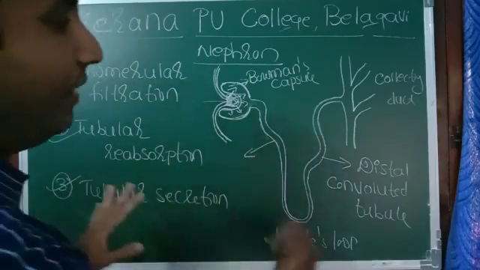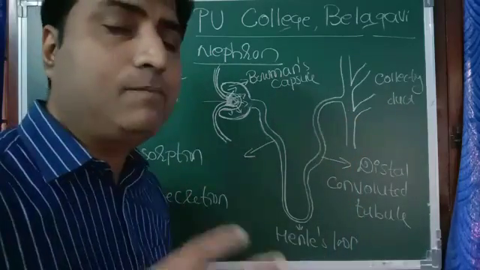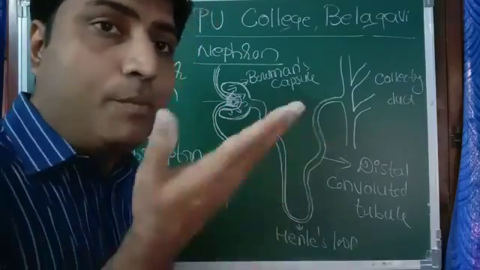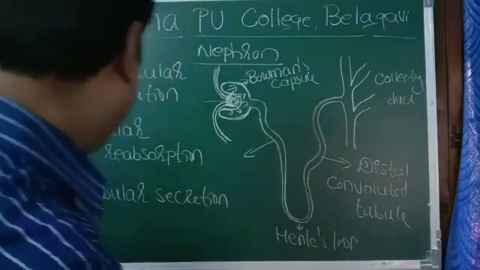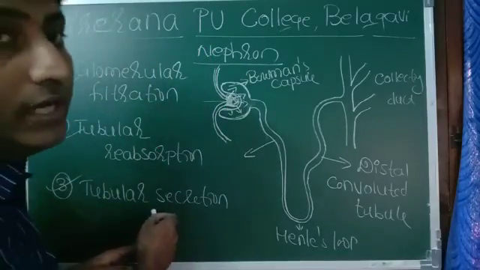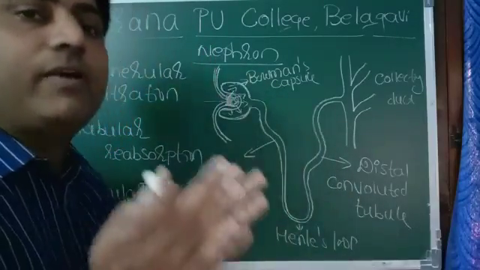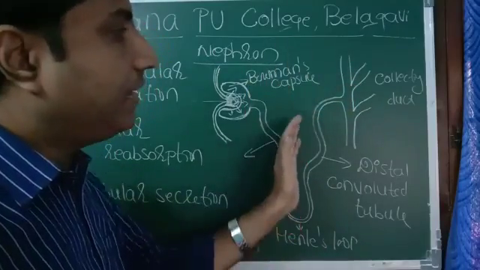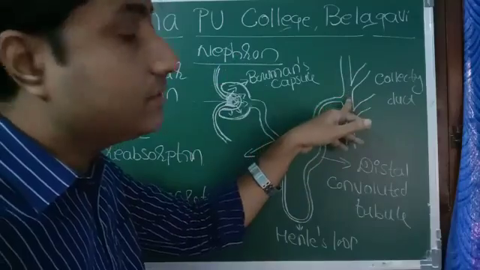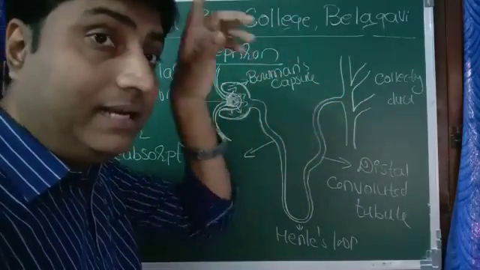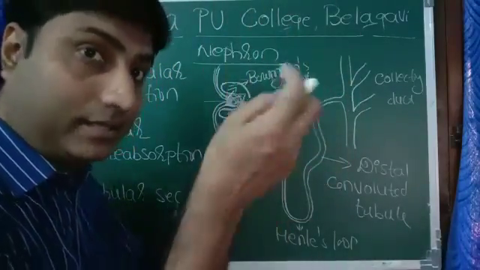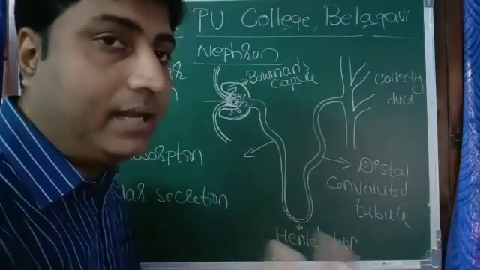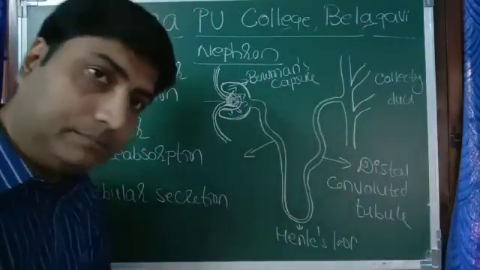And then finally some of the unwanted things are released. Even some of the ions are released to maintain electrolytic balance, and we call it tubular secretion, and this is the final urine which enters into the collecting duct. Like this, the final urine from each nephron enters into the collecting duct. The collecting duct has the link with the ureter that we have drawn at that time. And through the ureter, urine goes to the urinary bladder and from there out of the body.